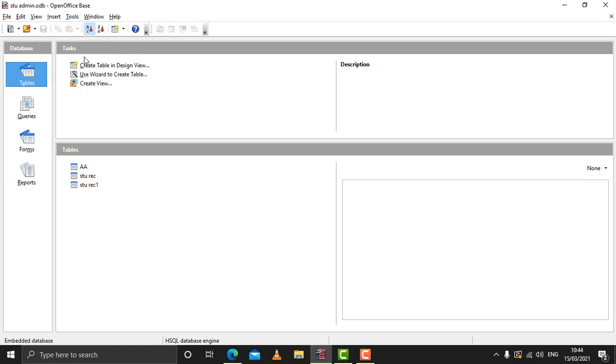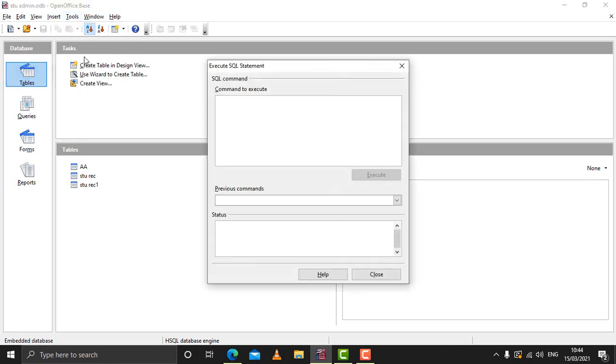A dialog box will then appear. You can see a box here, Command to execute. Here you have to write the command which will be executed, and the actions will be reflected in the database where you are currently working. Now we will see some of the SQL commands and how these will work.